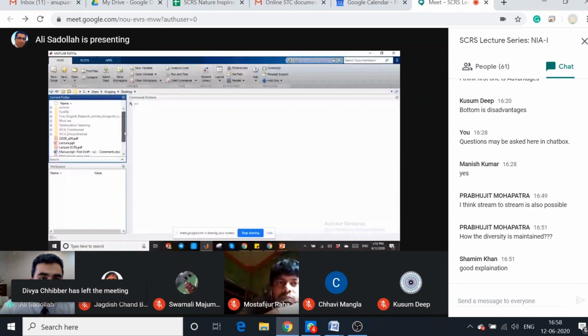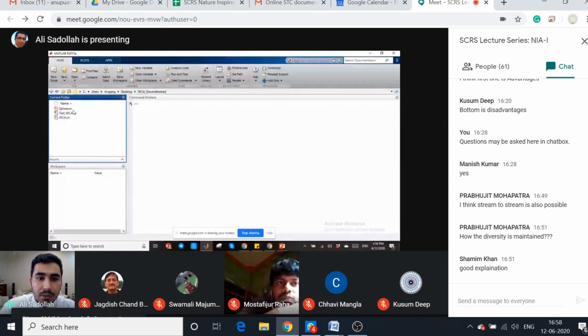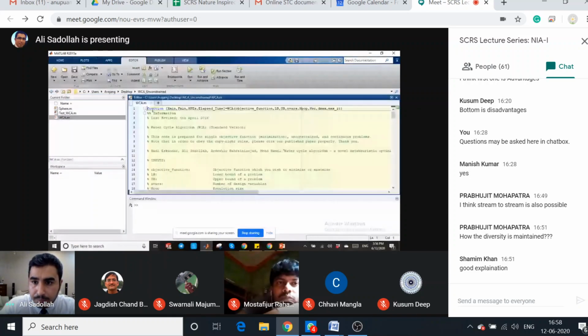So I go to the WCA unconstrained. This is the code, which you can also find on the website. This is the function code. There are some inputs and some outputs. This is the name of the code. This is the input. The input is first, what is the objective function? What is the lower bound? What is the upper bound? How many design variables do you have? What is your population size? What is the number of sea and rivers? What is the value of Tmax? And what is the value of maximum iterations? So this is the input of the code, and the output gives you